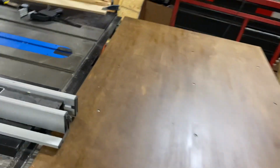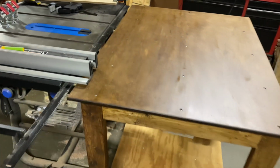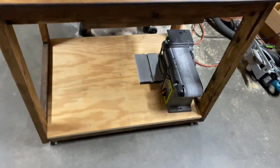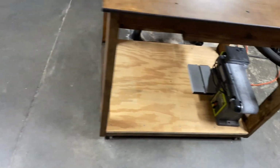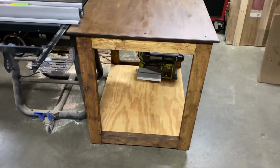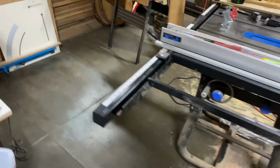I do have to run the miter slots in here, so I've got to run up a jig and take the router through it. But I might build some stuff on the sides, like put those little pieces of cedar here on the sides just to kind of clean it up a little bit. But I did